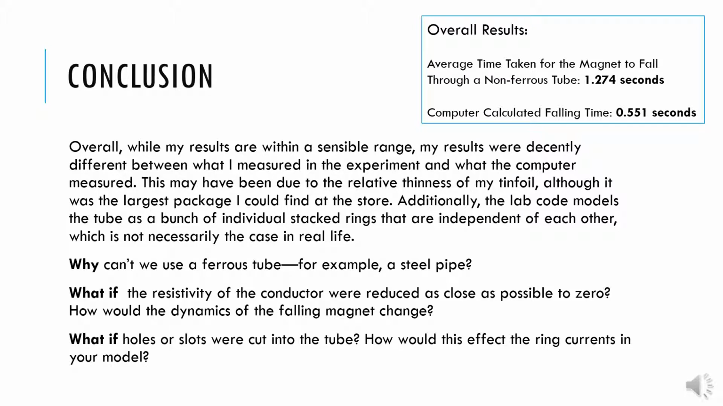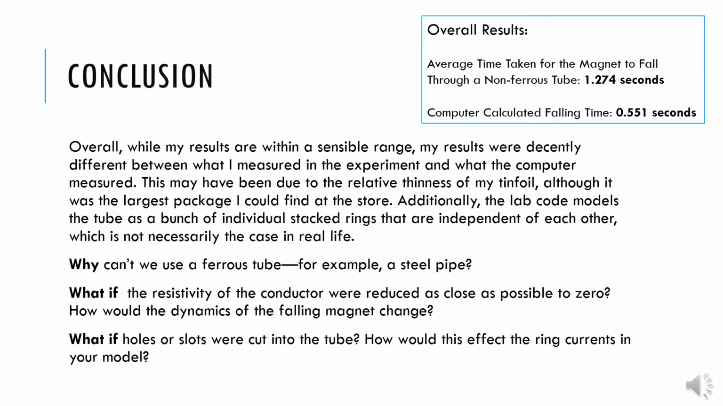In conclusion, while both of my results were reasonable, they were quite different from each other. Experimentally, this may have been due to the fact that my tinfoil was thin and my magnet is a little bit beat up. However, the lab code also models the tube as many individual rings and does not take into account the continuing effect of each ring on the magnet after the magnet passes it. The code also does not account for friction against the tube, and these things may make the code more accurate if incorporated. To answer theoretical questions, we can't use a ferrous tube in this experiment because the magnet would stick,